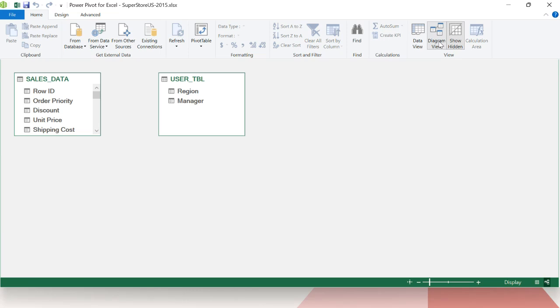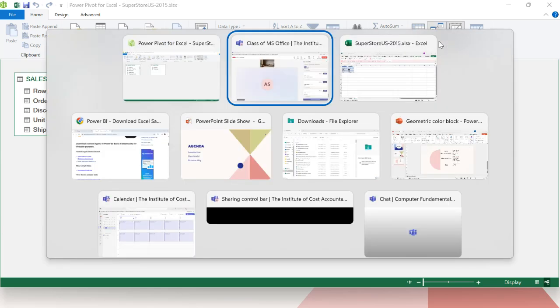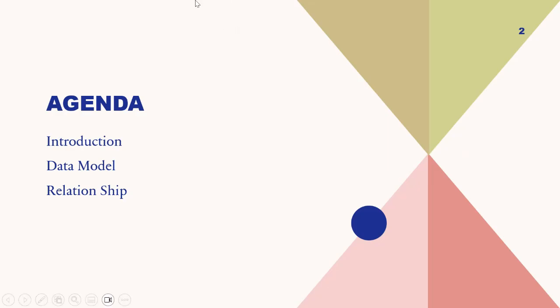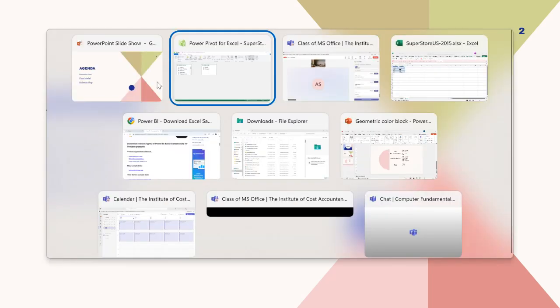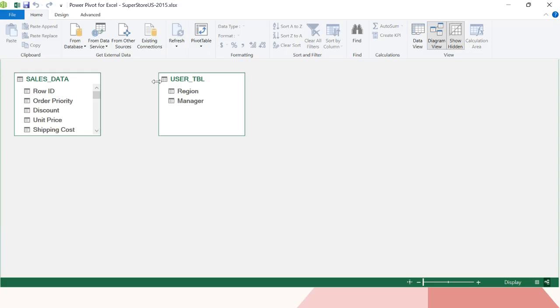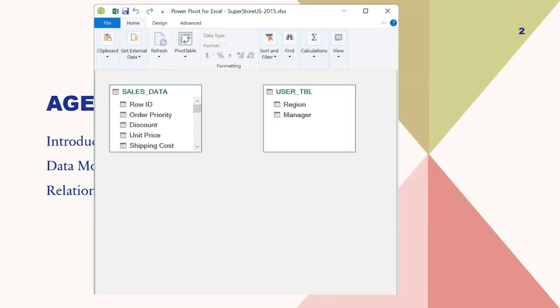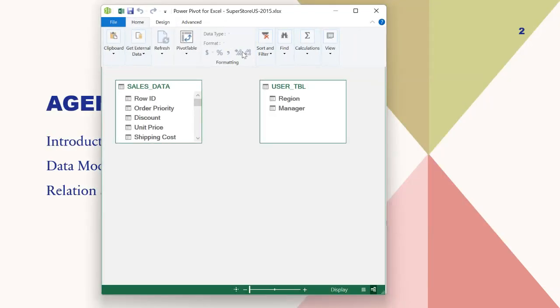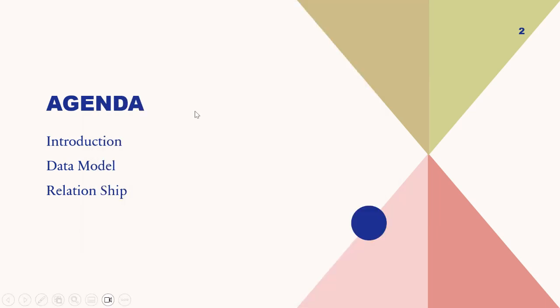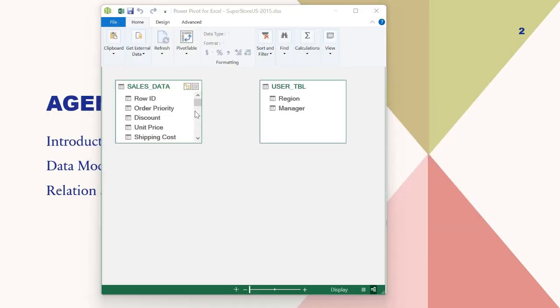Okay, now the next concept is relationship. What is a relationship? As I told you earlier, association among the tables are known as relationship. अब आप मुझे ये बताइए, suppose I want